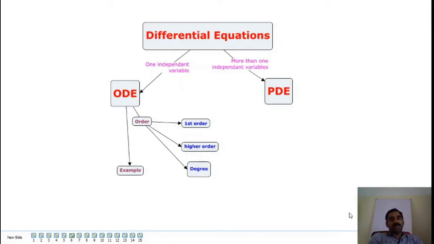For an example of an ordinary differential equation, we have already studied it. We can take the differential equation as d square y by dx square plus 25y equal to 0. That is called a second order differential equation. We can form a differential equation from a given condition. That will be a geometrical condition involving exactly one arbitrary constant or more than one arbitrary constants. If there is exactly one arbitrary constant present in the given condition, we can form a first order differential equation. If there are two or more arbitrary constants present, we can form a second order or higher order differential equations.